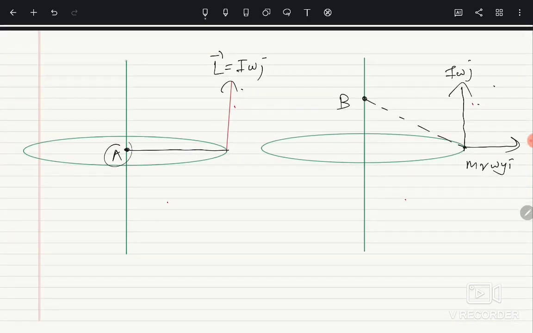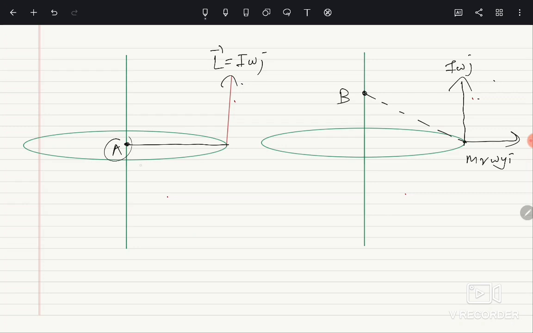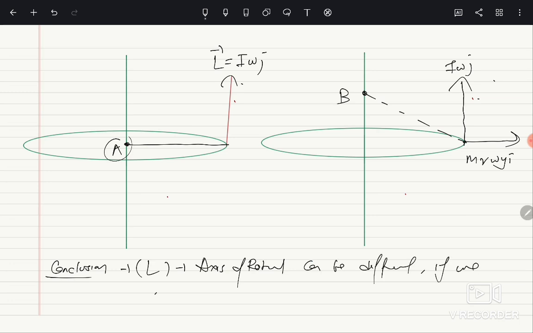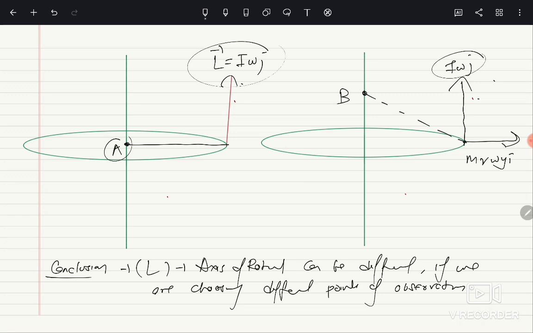So we are getting different results for the same axis of rotation if we choose different points. So the conclusion is that L about the axis of rotation can be different if we choose different points of observation. We are getting different results of angular momentum. One is I omega j cap and the other is this. The components of both together give us the net angular momentum in the case when the point of observation is B. Further, we